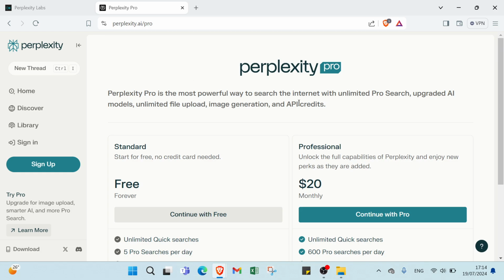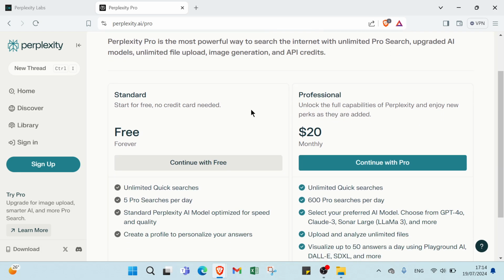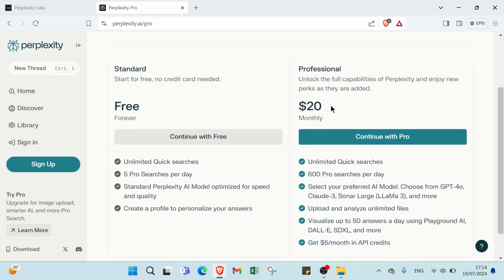Pro is the most powerful way to search the internet with unlimited pro search, upgraded AI models, unlimited file upload, image generation, and API credit. We have here the free one and the professional one. The free one has limited quick searches, 5 pro searches per day, standard Perplexity AI model optimized for speed and quality, and create a profile to personalize your answers. The professional, you pay $20 for each month. As you can see here, we have continue with pro,